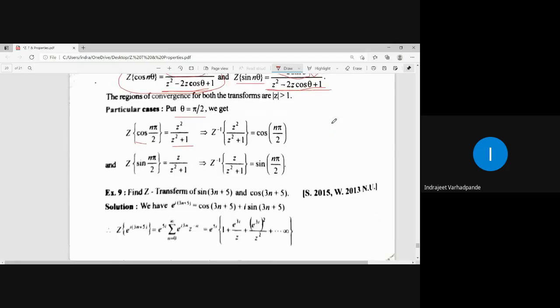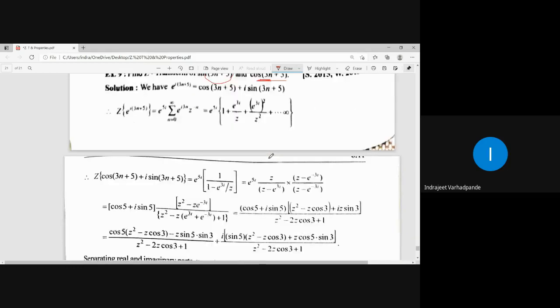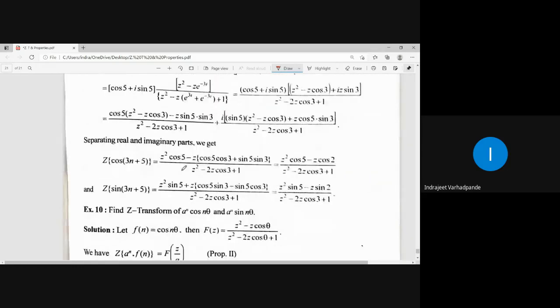The last one, expansion of this in a similar kind. You have been asked to find the value of sin of 3n plus 5, cos of 3n plus 5. What is the expansion for cos of a plus b? The expansion for cos of a plus b is cos a cos b plus sin a sin b. Cos a is cos 3n. Compare it with the angle cos n theta, sin n theta, and then we put the value in the given thing and get the answer.